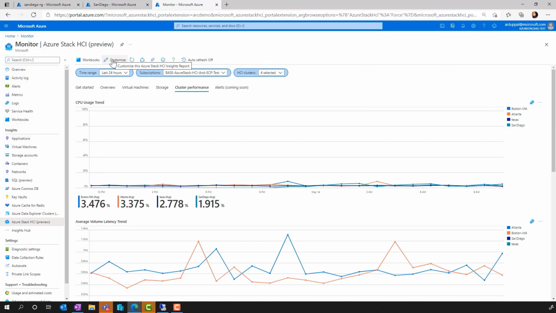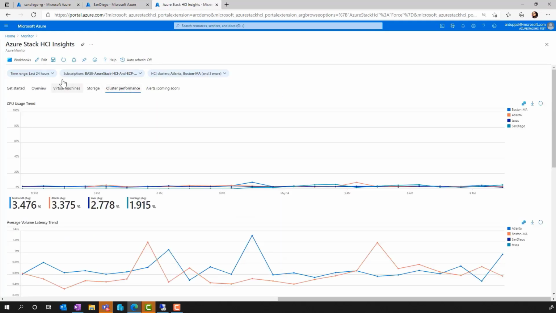These views are customizable by the user. Let's change one of the graphs to a bar graph.